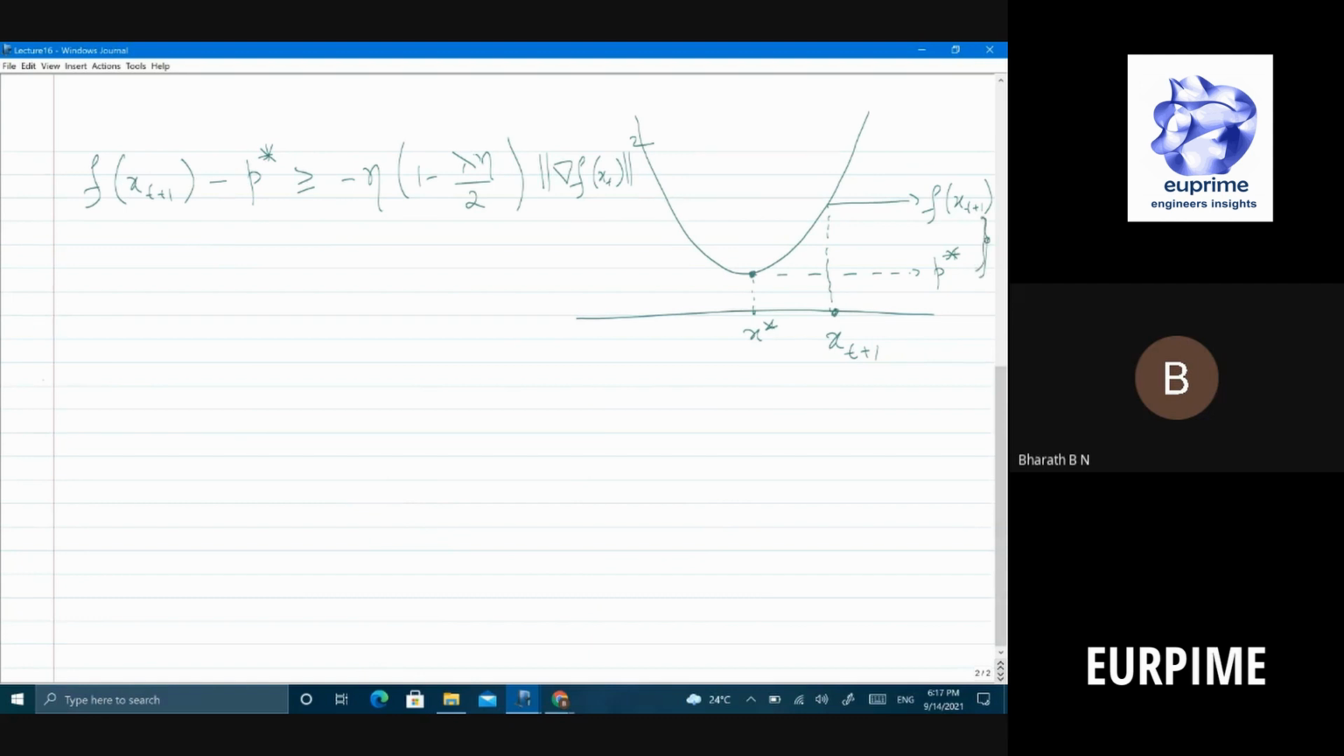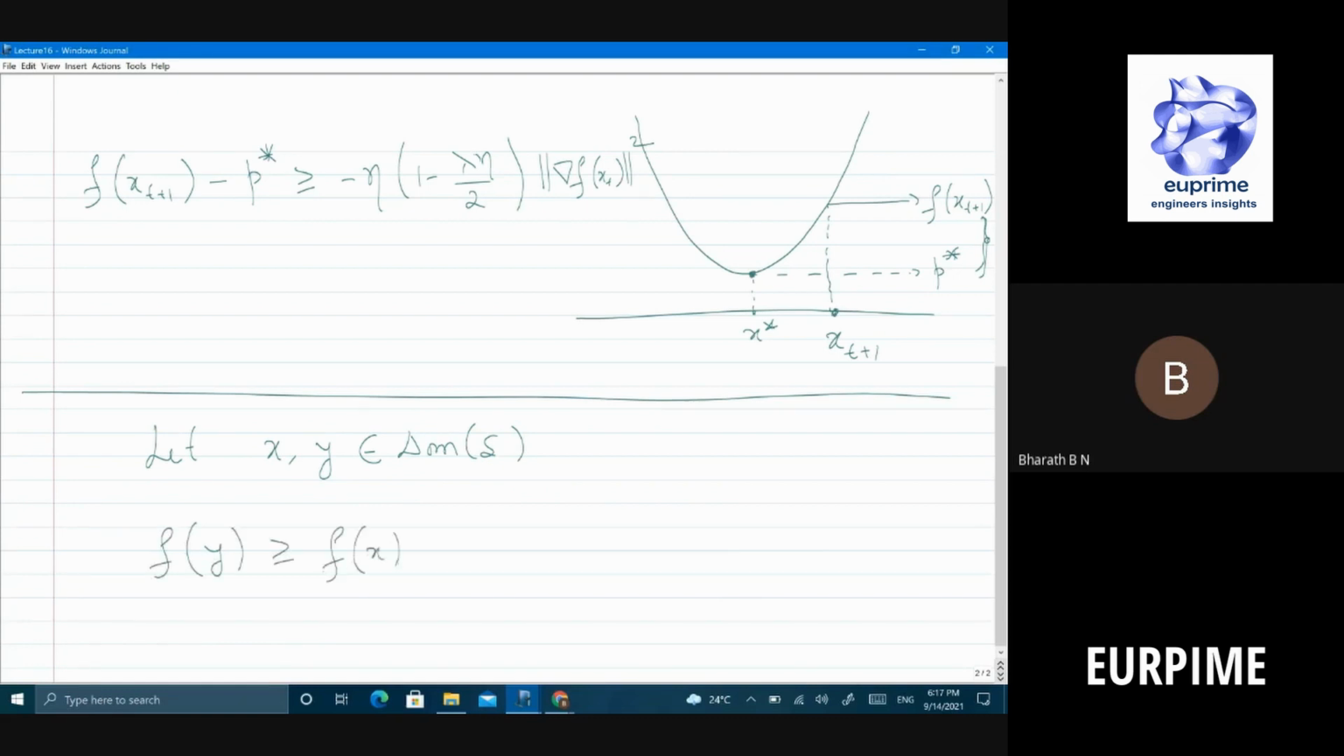Let me probably rewrite this in a slightly different fashion. So let's say I'll just rederive this. You take any point in the domain of the function. Okay, so now I can write this, right? f of y is greater than or equal to f of x plus